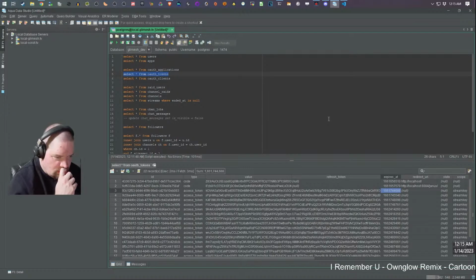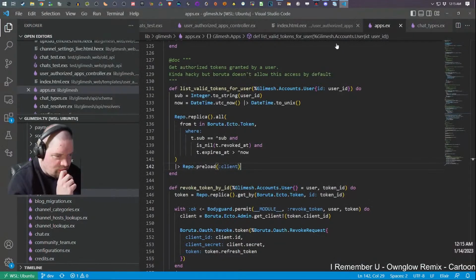Then these guys up here don't have refresh tokens, so they shouldn't show up because they are expired. But if it does have a refresh token, then the expiry doesn't matter. And we should always bring it back.